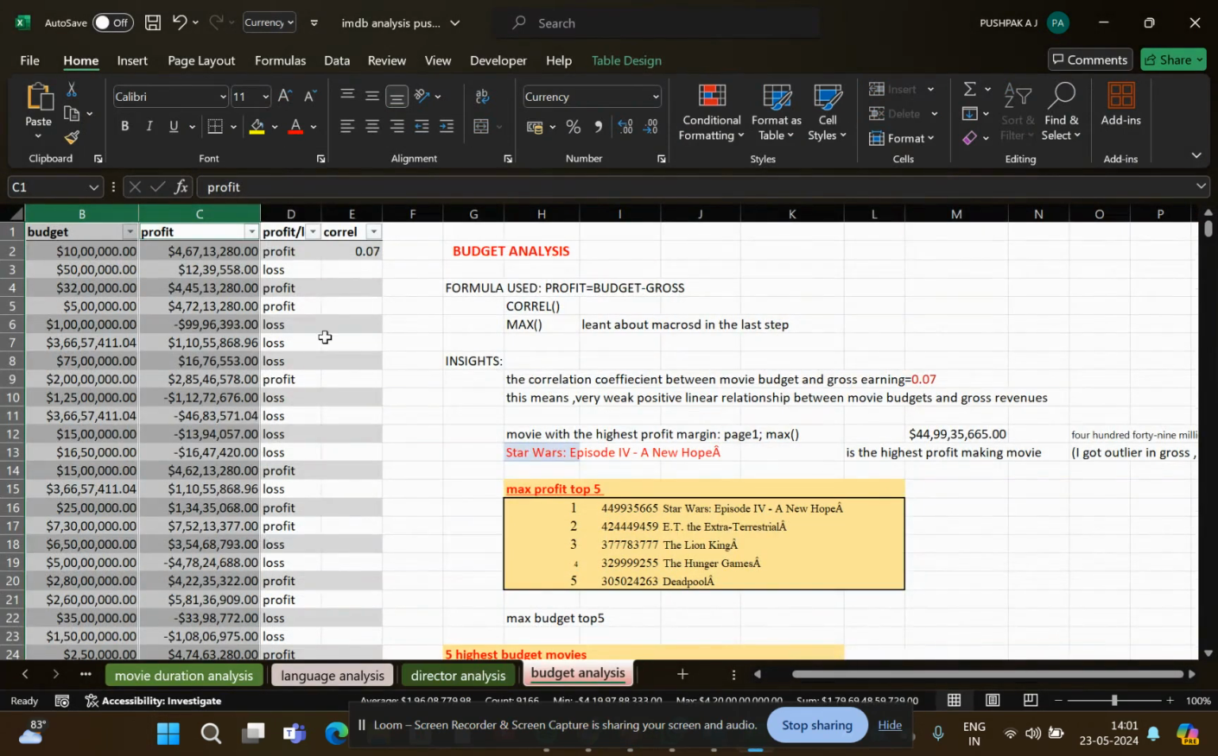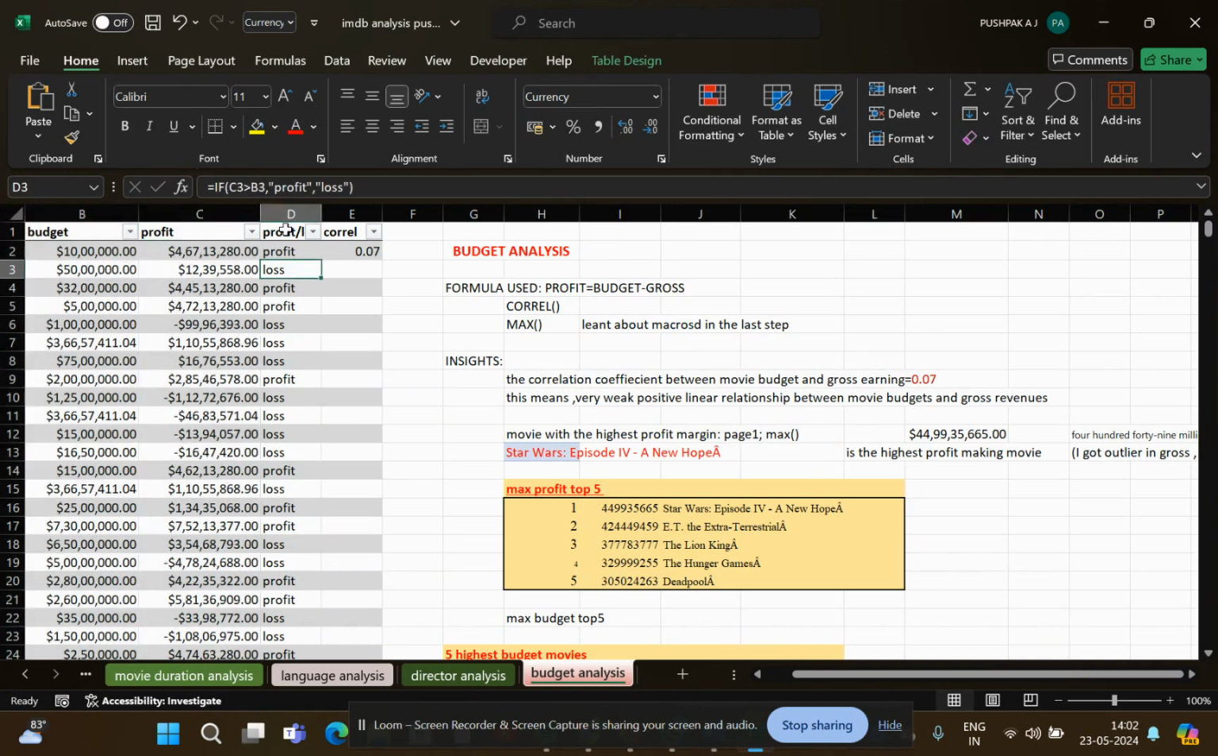That's pretty much it. This is the budget analysis. I want to show how I used it here. I had changed the data format to currency, then calculated budget and profit. So I wrote an if statement here: if C3 is greater than this, then it is a profit, otherwise it's a loss. So I selected all of it: profit, loss, profit, loss. Here also, I could have used a pivot table, but instead I used